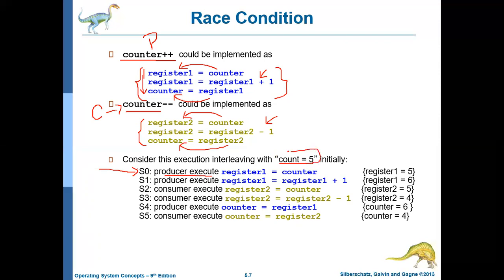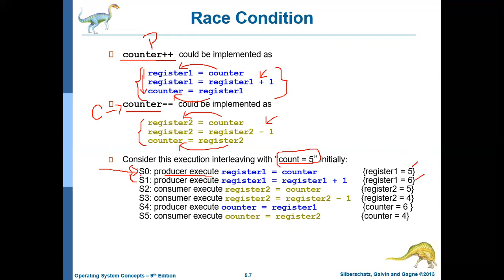So now register 1 contains 5. Then the producer executes register 1 equal to register 1 plus 1, so now register 1 becomes 6. Initially, the producer is executing these two statements continuously.